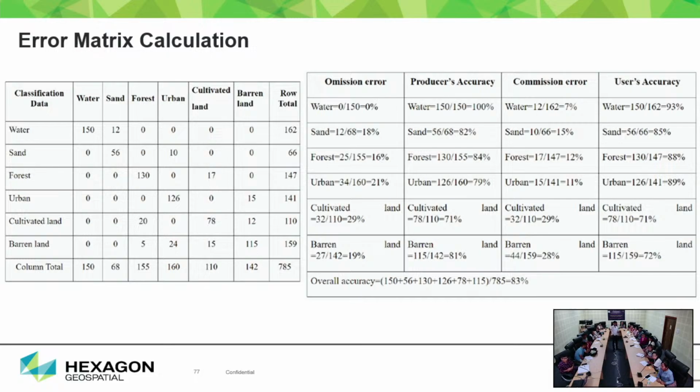So when I come to the right hand part of the table, you can see there are some omission error, commission error, and the producer accuracy and the user accuracy. What does it mean? Omission error means